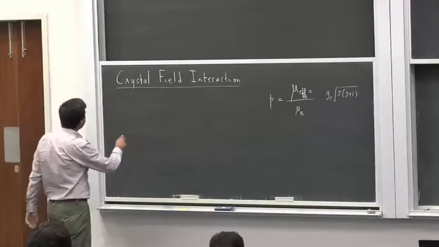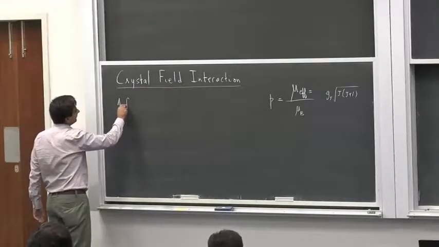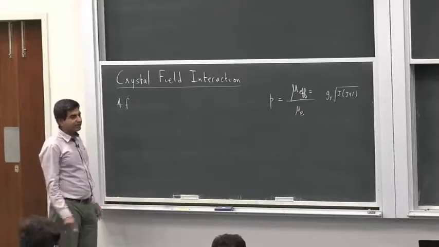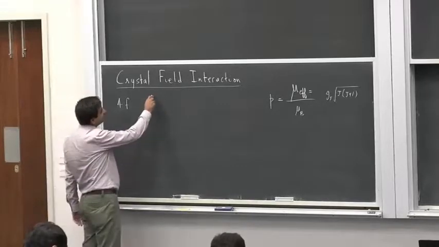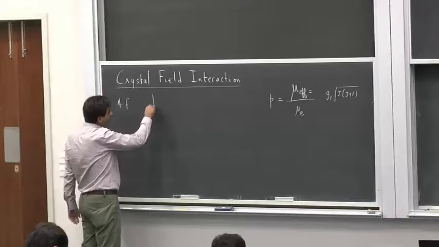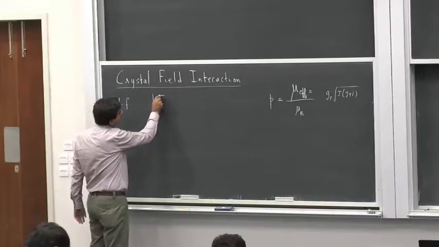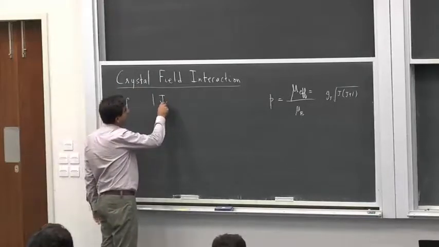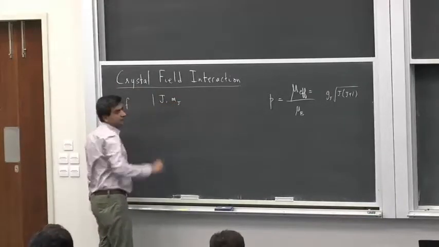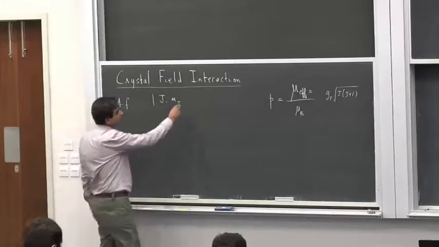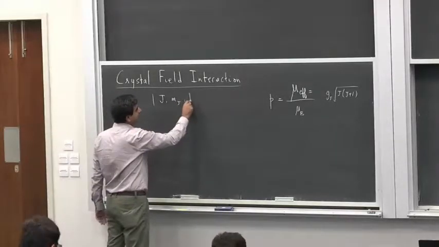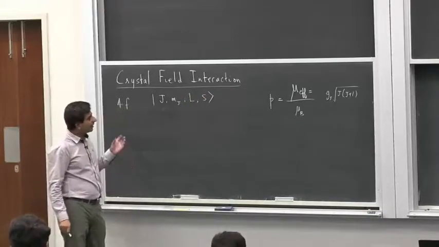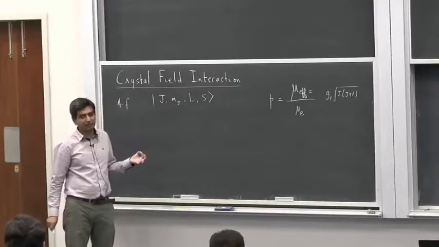Now for the 4f ions, we know that there is a spin-orbit interaction and there is an exchange interaction, and this results in atomic states which are defined by J, the total angular momentum quantum number, its azimuthal component, L and S, which means that each ion has a specific value of J, L and S, and these are